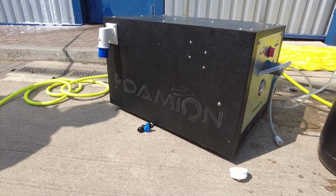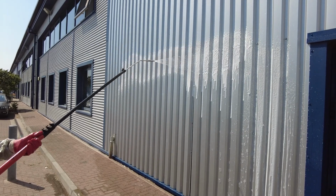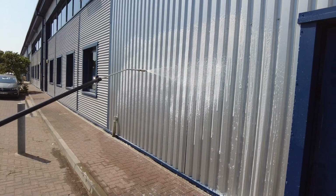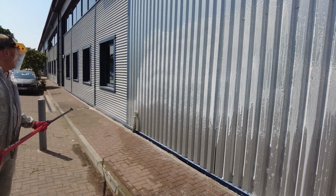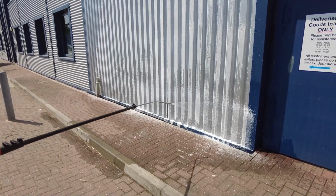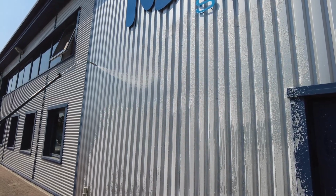Ionic Systems and the Foamion portable. What is it? It's a pneumatically charged application system, used in soft washing with variable chem injectors from 19:1 to 3:1 and adjustable. The configuration here is running from a 12-volt water supply. So with chem in through the injectors and 5 litres a minute, you're able to disperse chem at height and